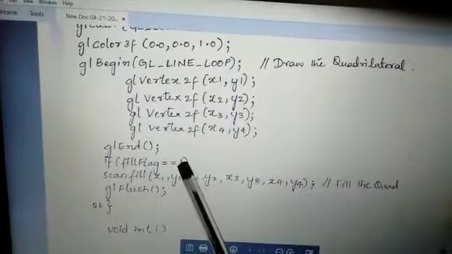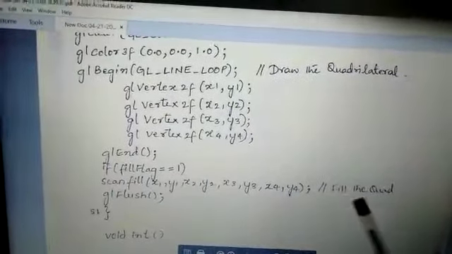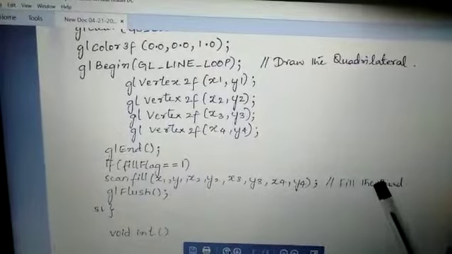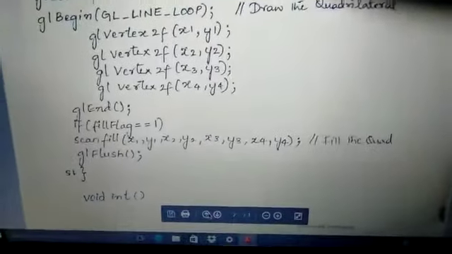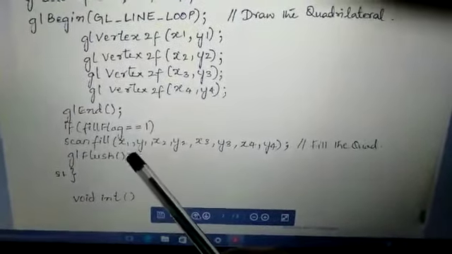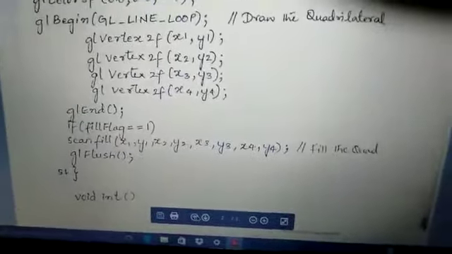If we are choosing the condition 1, that is fill flag is equal to 1, then it will fill the quadrilateral with a certain color. That is, as I said, we will be getting the red color of the polygon, and it clears the buffer or flushes the buffers for the display again and again.